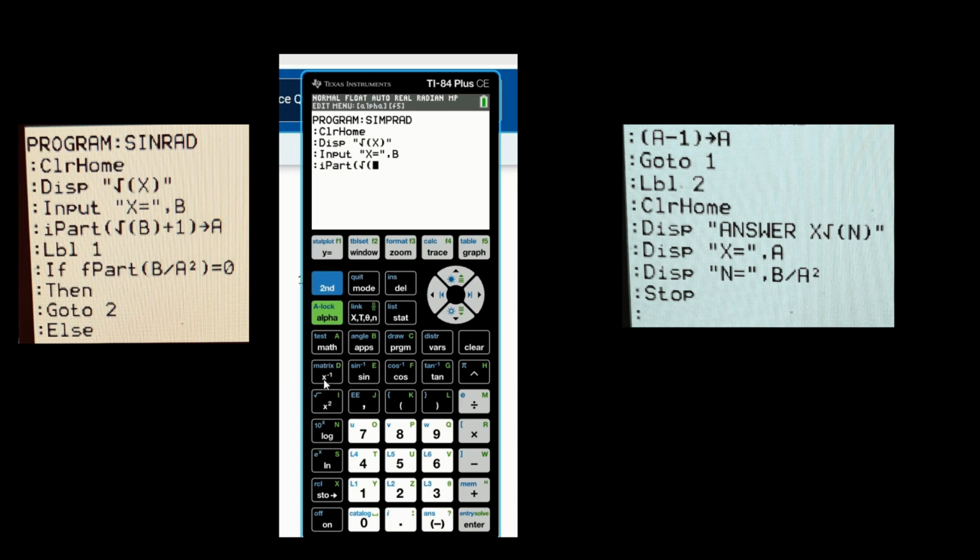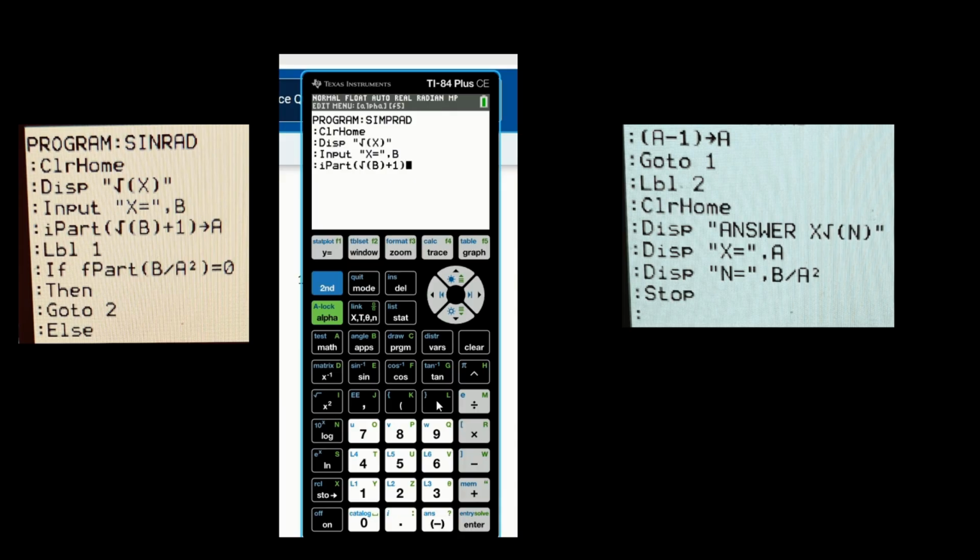And then we will press alpha B. Okay, and then we will close it. After closing it, we will press +1. Then let us have another close parenthesis.